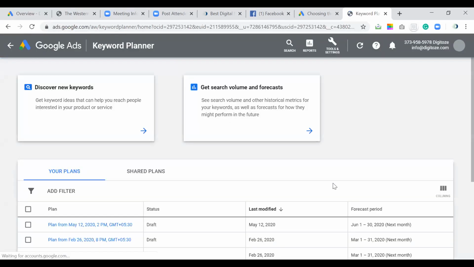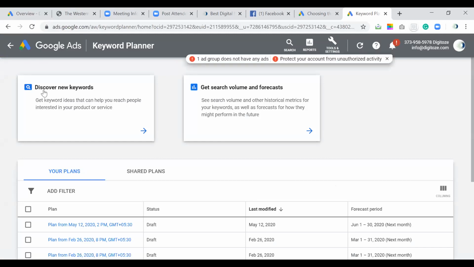Now here you will get two options. One is to discover new keywords, and the second one is to get the search volume and the forecast. If you are aware of what keywords you have to choose, then you can go with search volume and forecast. If not, then you can explore new keywords.